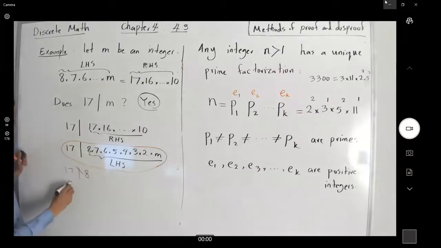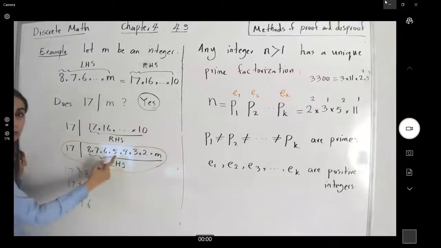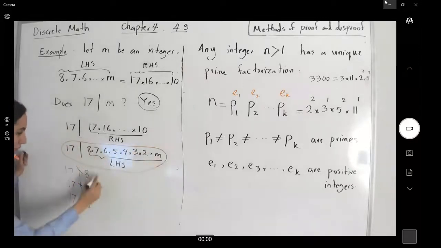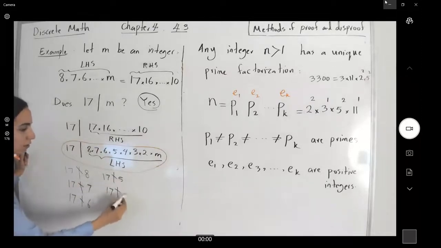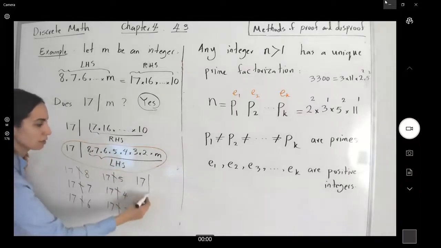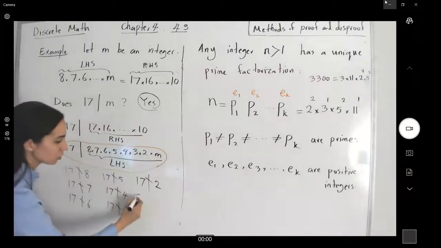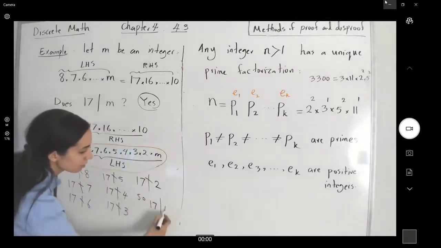Of course, 17 doesn't divide 7. 17 doesn't divide 6. 17 doesn't divide 5. 17 is not a factor here. 17 doesn't divide 4, 17 doesn't divide 3, 17 doesn't divide 2. So what's left? We know 17 is a factor of this number, so the only thing that is left is m. So 17 must divide